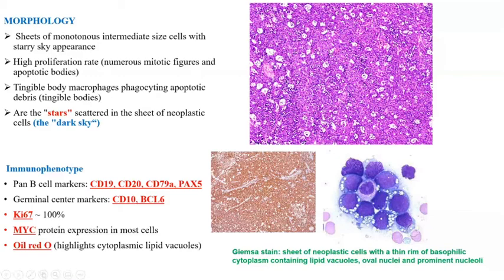So these are the lymphoid cells. Because these are very proliferating cells, what happens when the cells are proliferating is the macrophages come and engulf the apoptotic lymphoid cells. So there will be numerous macrophages also. They are also known as tingible body macrophages because they have apoptotic cells in their cytoplasm. So what is the immunophenotype? Because it is a B cell lymphoma, it will express B cell markers, like CD19 and CD20 positive. And Burkitt lymphoma also originates from the germinal center, so it will express BCL6.